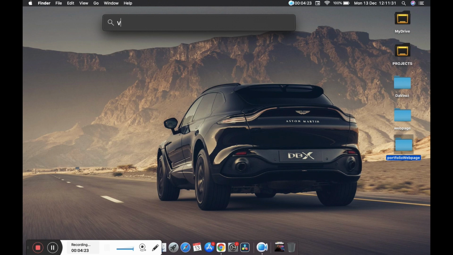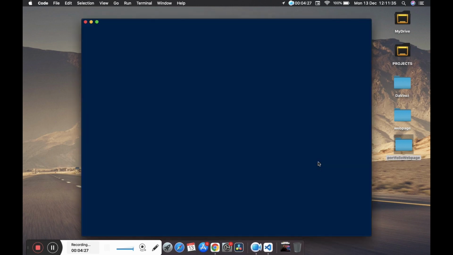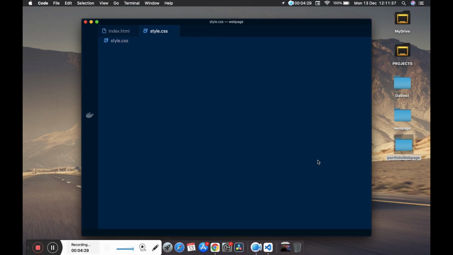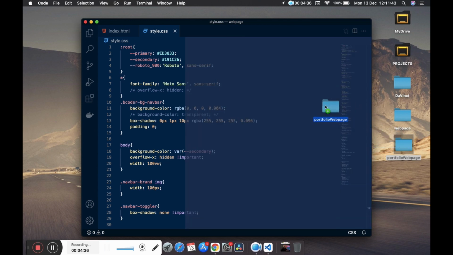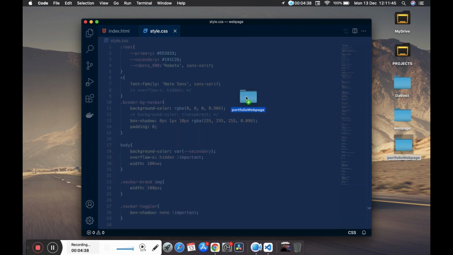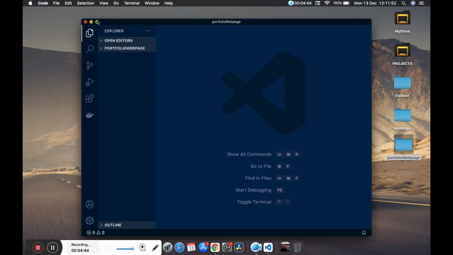And now open your text editor and just drag this folder in Visual Studio Code and it will be open.